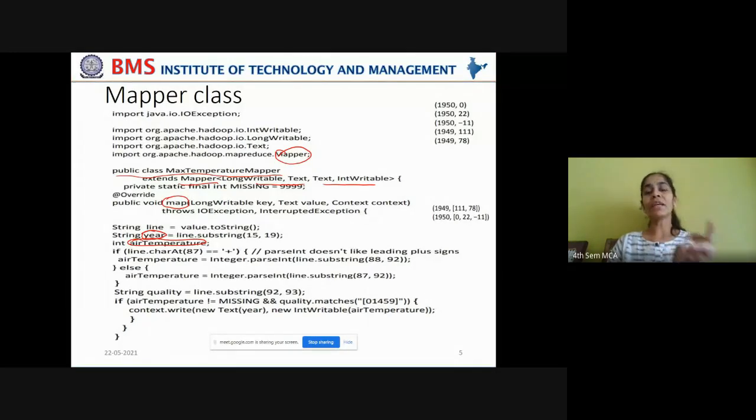Those two will be given again as key value pair output to the reduce phase as input. The key is the year and the value is the list of air temperatures that are recorded in that particular year. This is taken as output from the map phase and given as input to the reducer phase, on the way performing some shuffling and sorting tasks, some kind of pre-processing of the key value pairs.